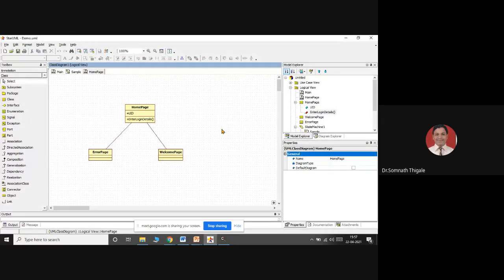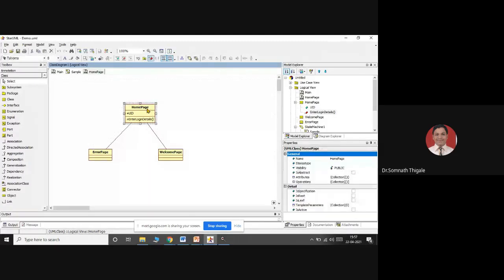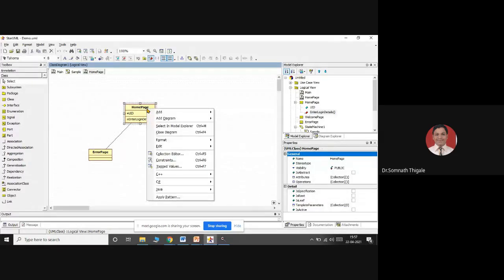In how many languages can I generate the code? It supports all object-oriented programming languages. For example, if I select this class and right click, it lets me generate code in C++, C Sharp, Java, like that.